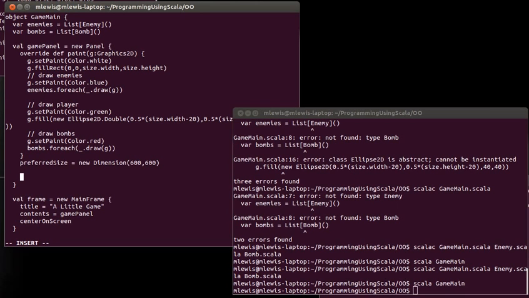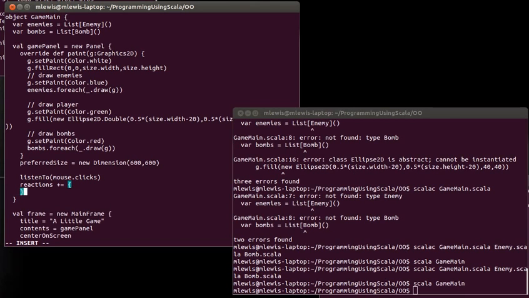So inside of our panel, first we need to listen to mouse clicks. I'm only going to listen to mouse.clicks. I don't care about drags or anything else like that. What I want is a press and a release. And so the way this works, reactions +=